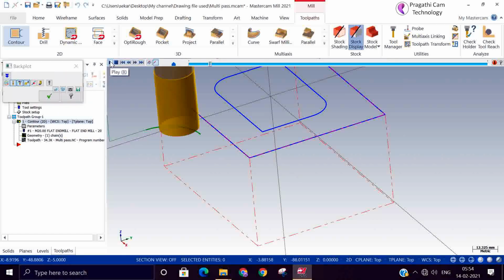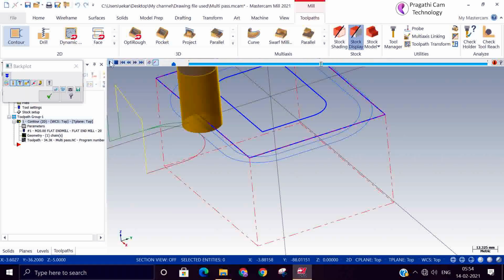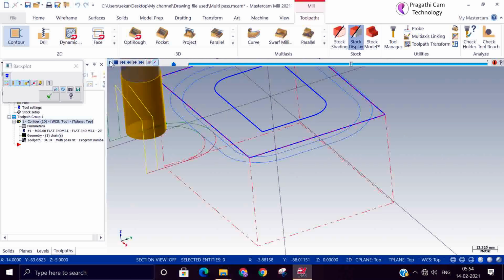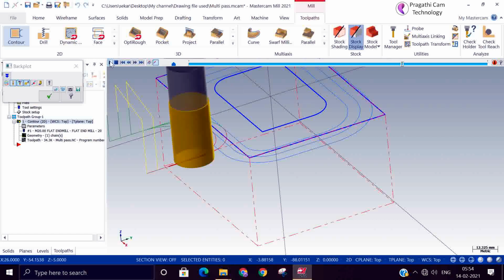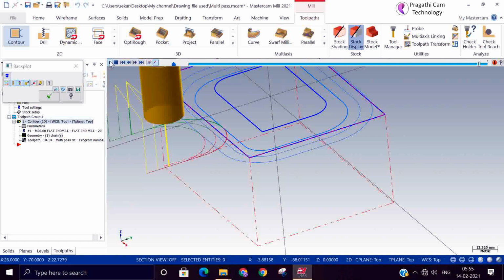this is my first pass. This is my second pass. And this is my third pass. So after roughing finished, one finish pass it will do. Okay.